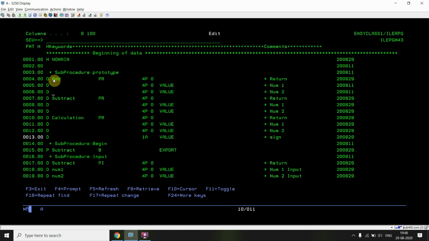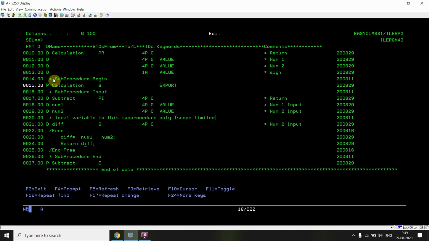So we need to define the procedure prototype of those for calling them. This is the mandatory thing. So we have defined the procedure prototype here, and then we will be calling that add or subtract procedure based on the conditions in the calculation sub procedure. So calculation will be defined here. So just define calculation body, calculation.